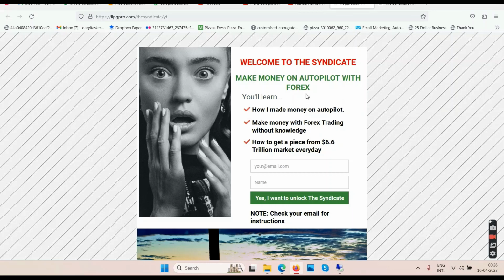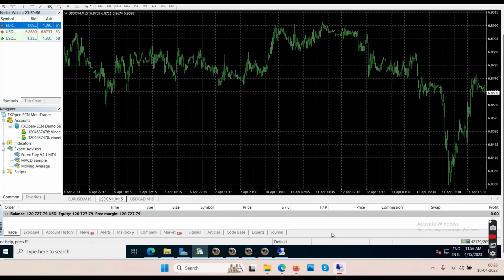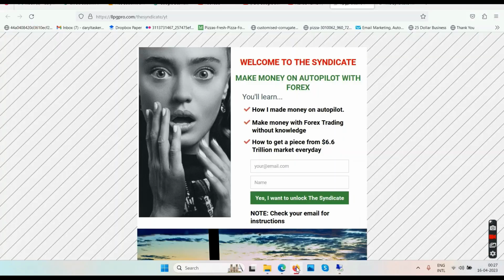because the syndicate will make you 60% profits weekly for doing nothing, because you do not have to go through any training, any modules or anything. I will be managing everything on your behalf. So I will be setting up the virtual machine, I will be setting up the graph, I will be installing the software, I will be giving the settings to the software, everything I will manage on your behalf. And once we start making profits with the system, then you get to keep 60% profits weekly, and I get to keep 40% profits weekly.